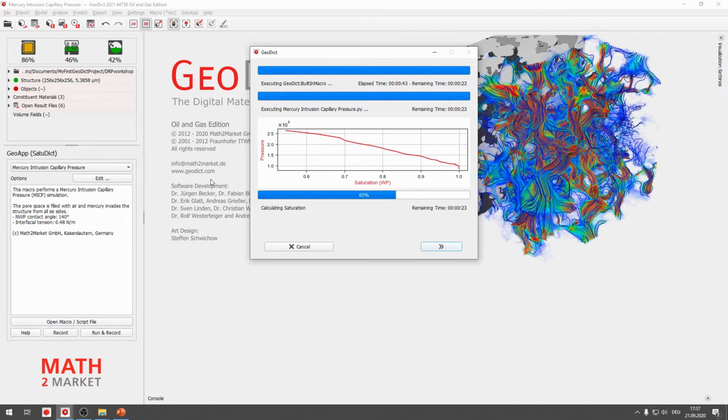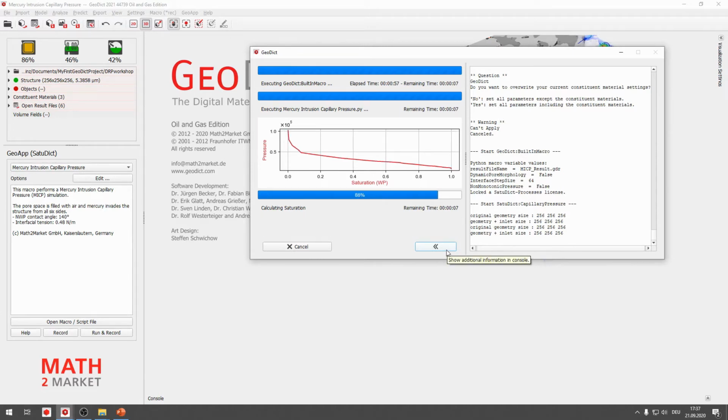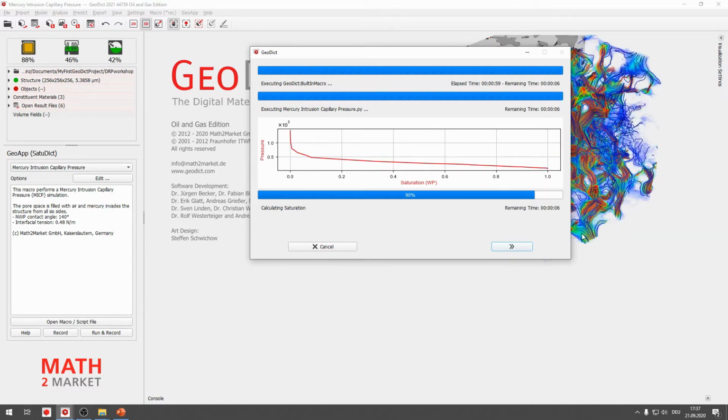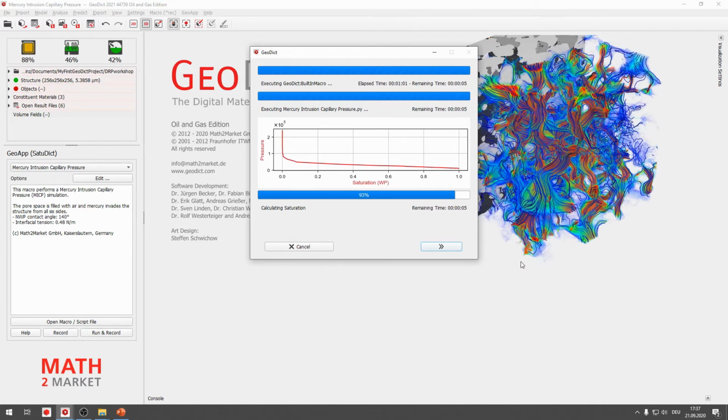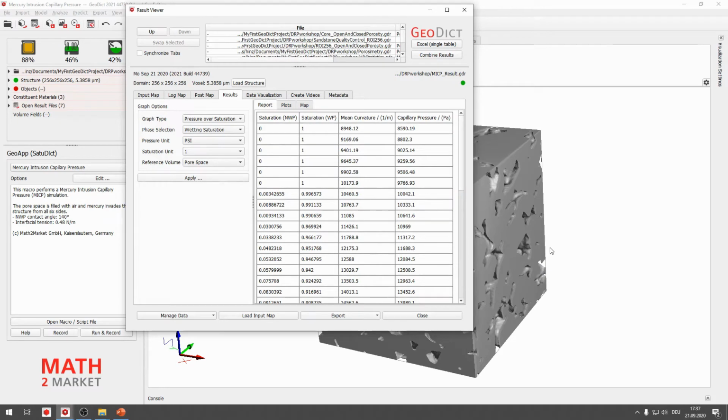So typically faster than any lab experiment. You can also expand here the window to see if there are coming some messages from GEODIC. Okay, so it has only taken roughly 1 minute in order to compute the MICP result.